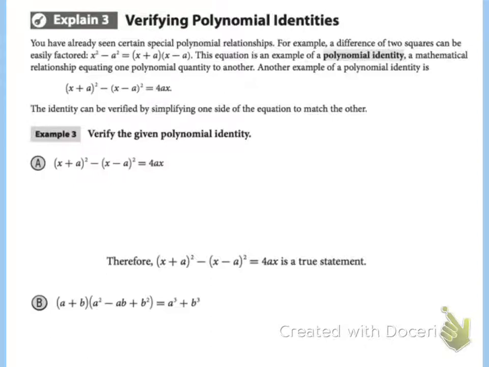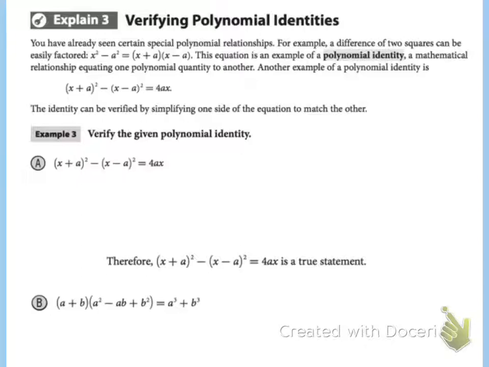And it's basically, there are these things called polynomial identities. It would be kind of like the Pythagorean theorem is like a geometric identity. It's something that's always true. That's what a squared plus b squared equals c squared. Well, these are polynomial identities, so they have to do with polynomials. And then there's trig identities when we study trigonometry. And there are these things that are always true, and in order to prove that they actually are, so that they become like a theorem, or in this case, an identity,